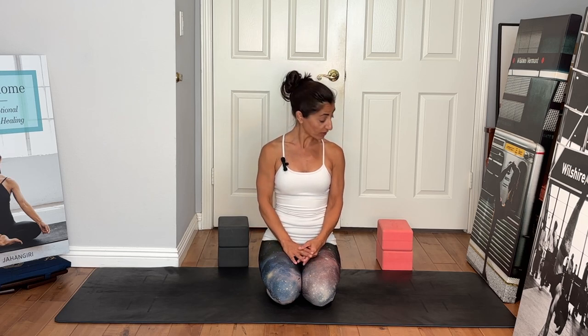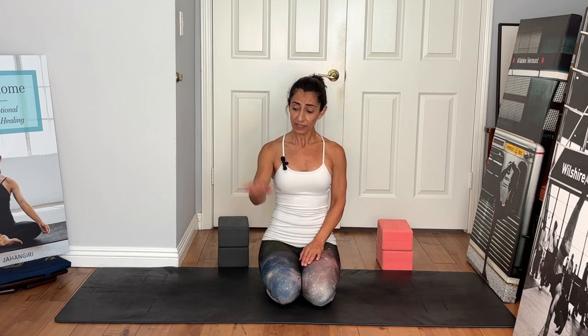So these 6 simple poses, the last one we'll end with is legs up on a chair. So if you have a chair, pull that nearby. If you don't have a chair, I'm using 4 blocks actually to elevate the legs at the end. But you want it to a good height, not too high, so that the legs are actually in a 90-degree angle. So we will end with that, but we are going to start with our cat-cow, which is a wonderful